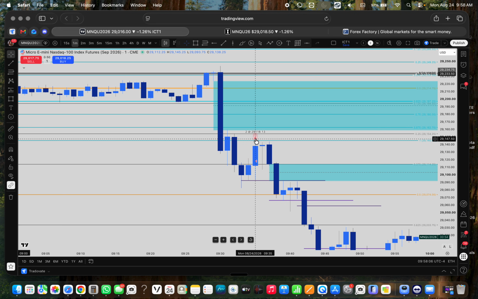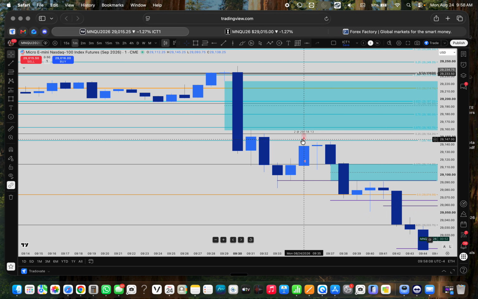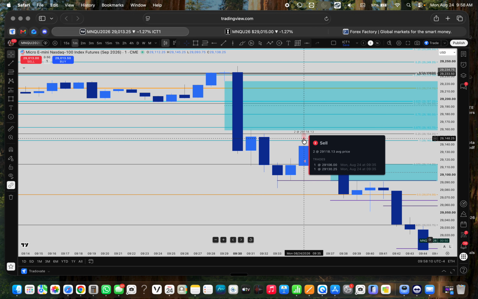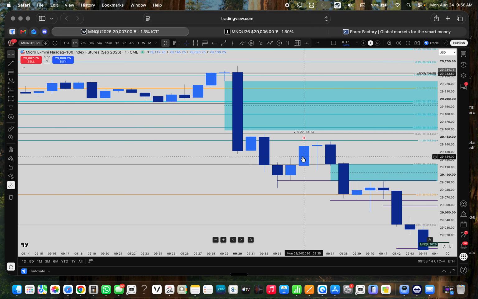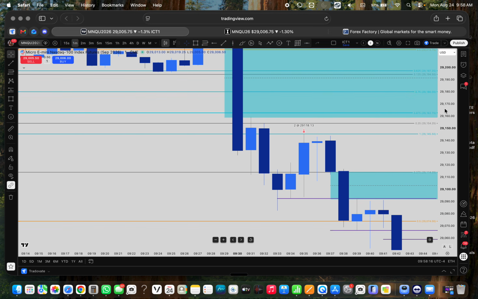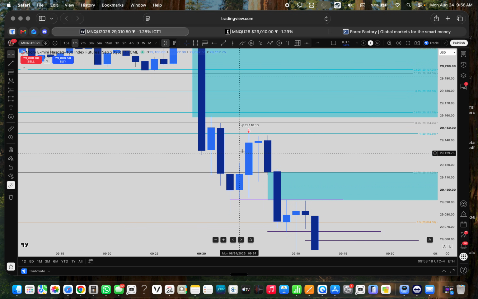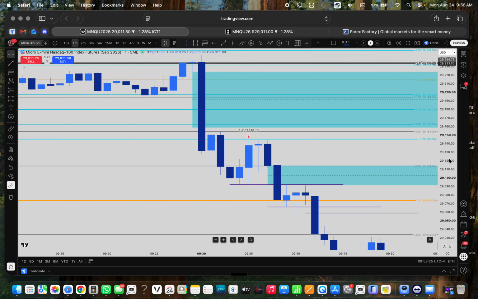I actually entered in, if you see it says it's 2 arrows, but I believe I entered in 1 and then 1 again. So I entered in twice. I entered with 1 to see how price reacted with this candle. Again, keeping in mind that this is an inefficiency, keeping in mind that I'm bearish, keeping in mind that I have this big